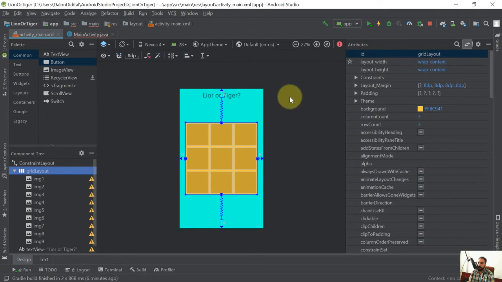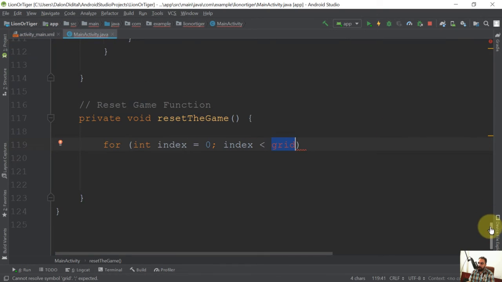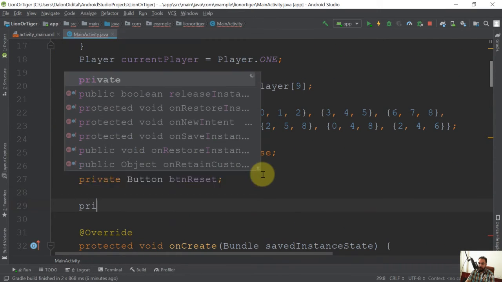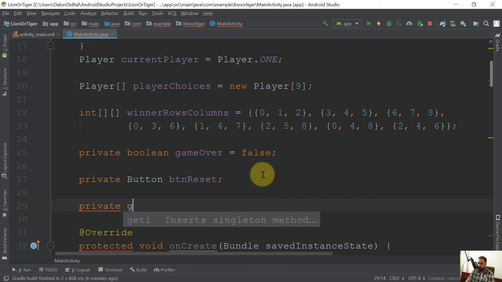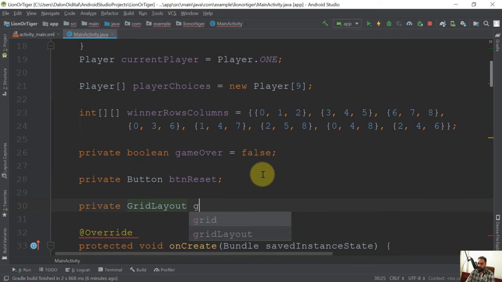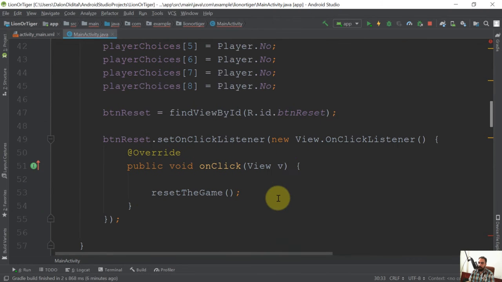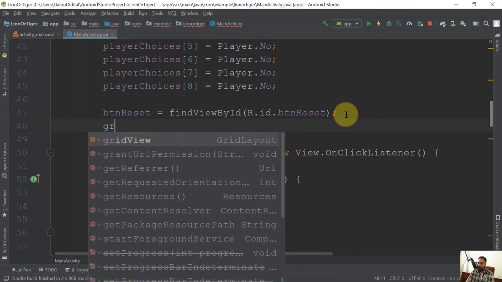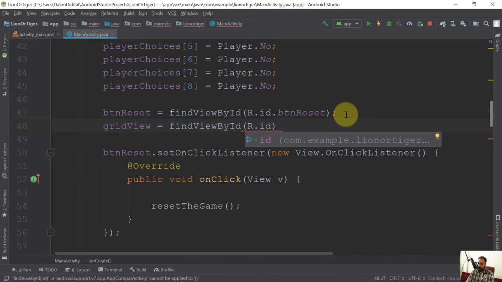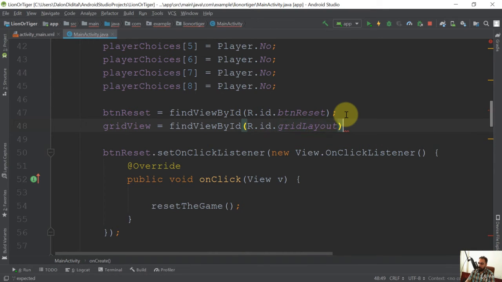If you don't have an ID for this grid layout, make sure to specify one here and switch to the MainActivity class. Let's scroll to the top and declare a variable: private, the data type is going to be GridLayout, and its name is going to be gridView, semicolon. Let's go inside the onCreate method and initialize this grid layout. So gridView = findViewById(R.id.gridLayout);